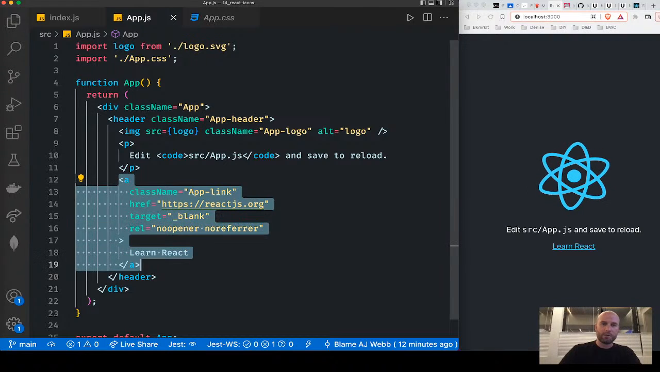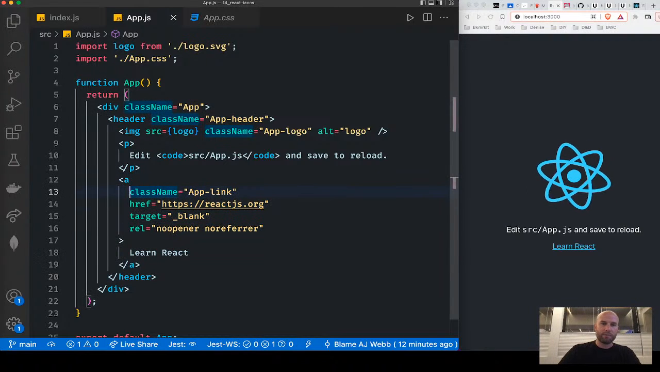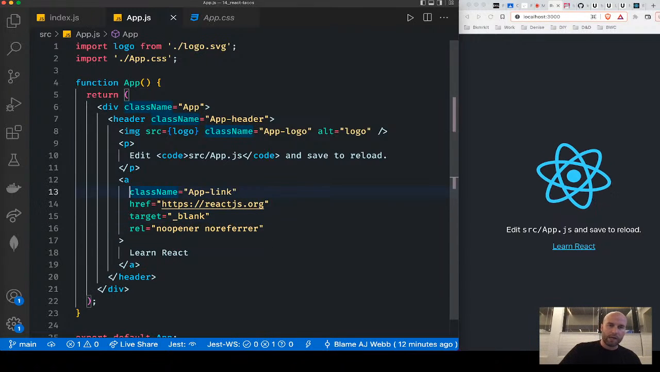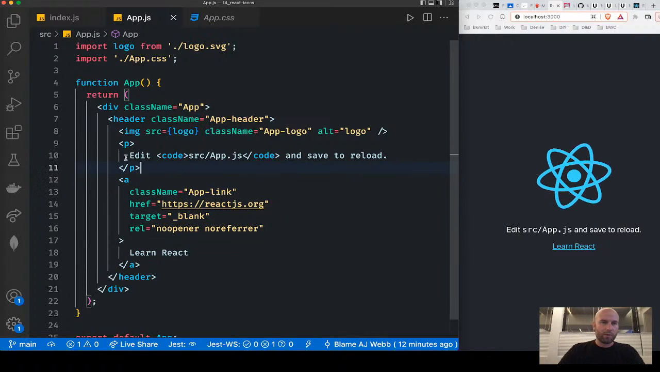Notice here's an anchor. It works the same way as anchors did before. Still have an href, target blank. This just makes it more secure. Again, the only difference here is className instead of class. Everything else is the same. Okay. The one thing I would also like to point out is notice how all of these tags that are